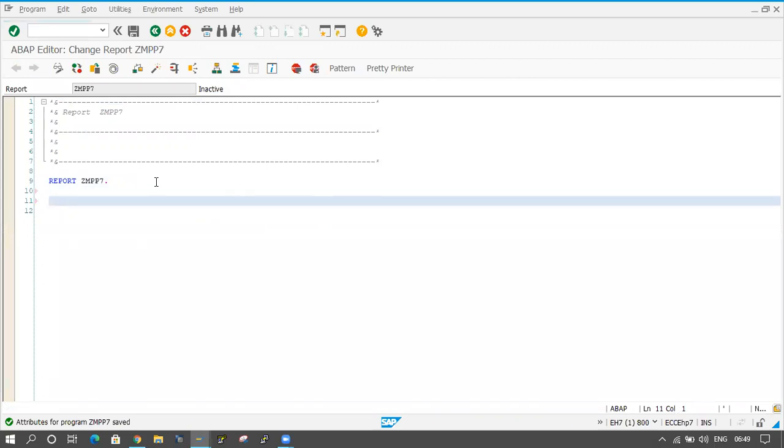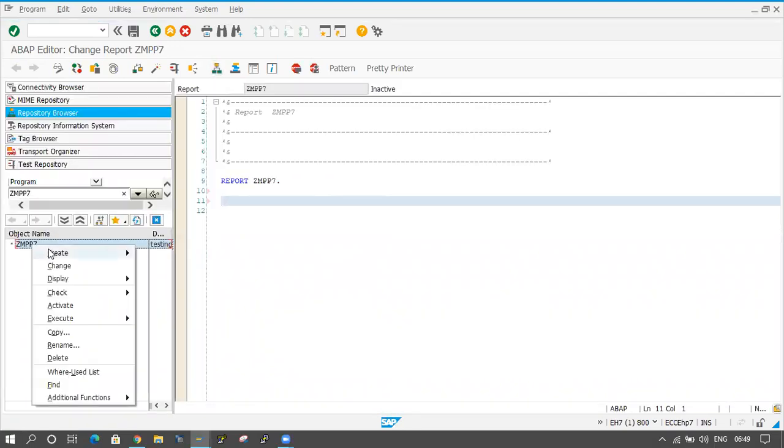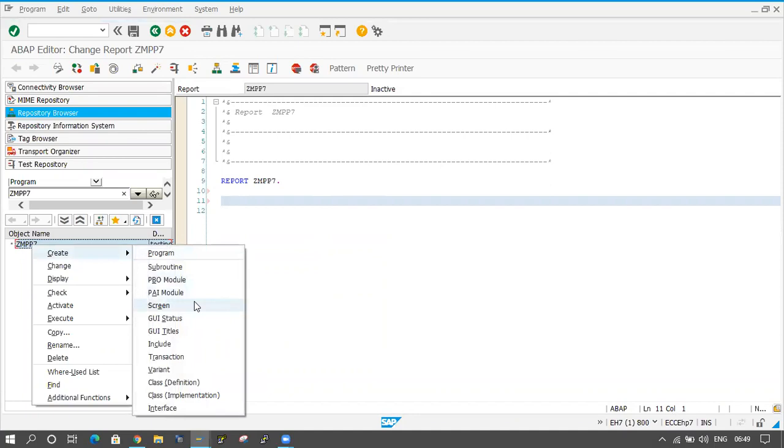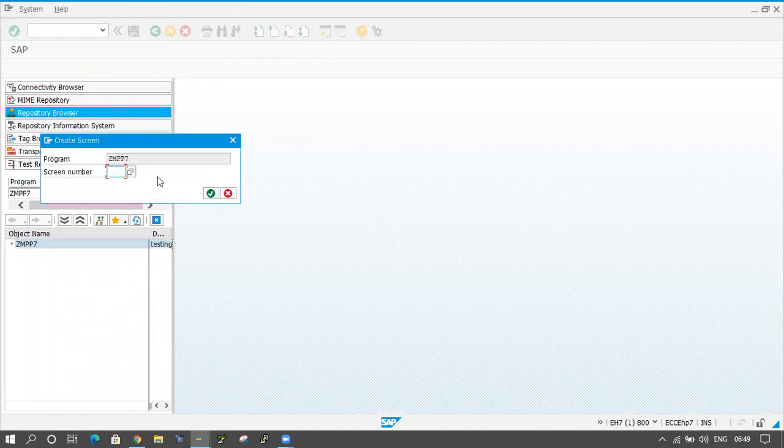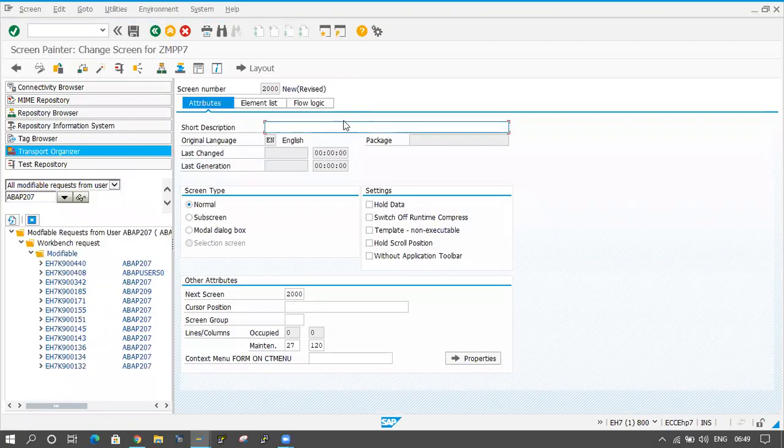So first step is creating the program in the SE38 transaction. I have created it. Now I will create the screen number. Right click on the main program, create screen. Screen number I am taking 2000. The main screen. Click on save button. Click on okay, fine.